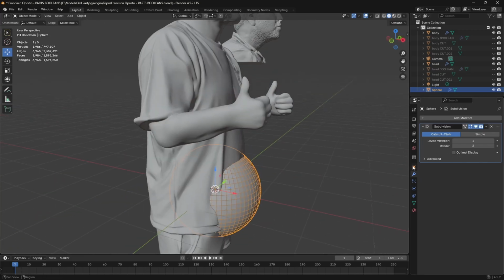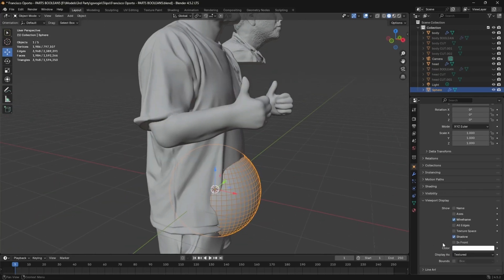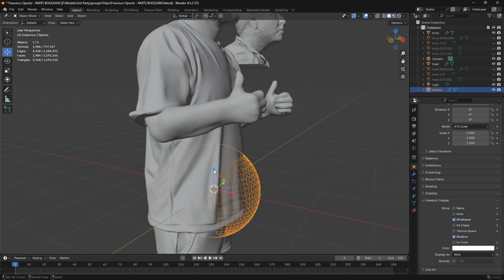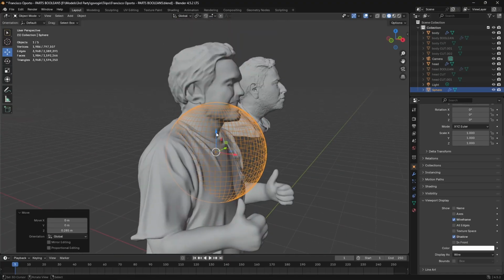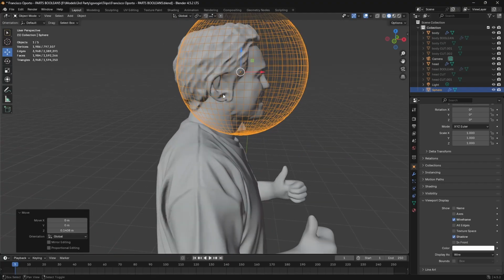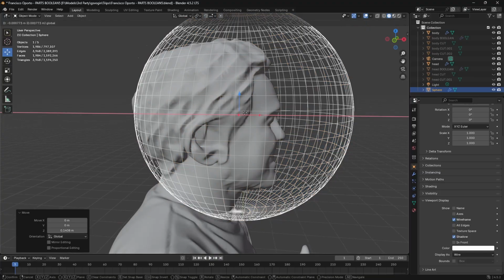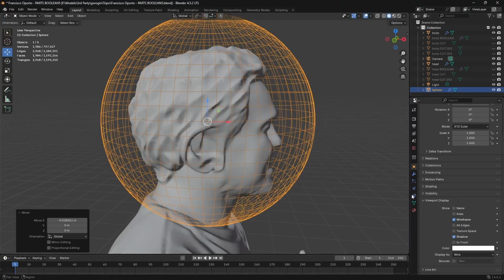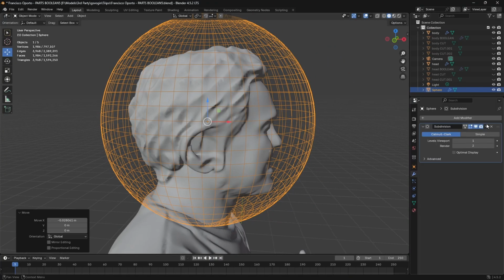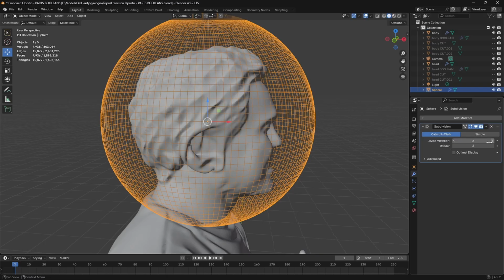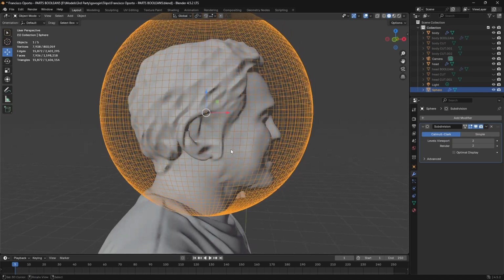What we can then do is turn this into display only as a wire, move that into position, increase the density relative to what we potentially need, and then